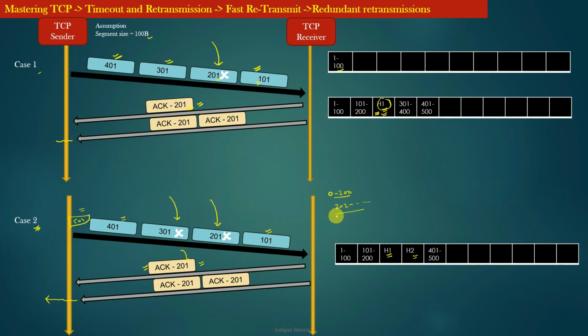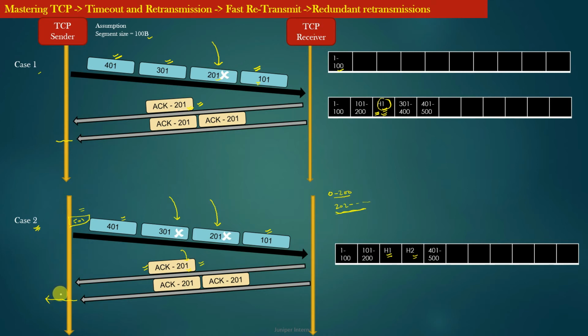Of course, because the TCP sender is receiving ACK 201, it can certainly say that the byte with sequence number 201 has not been delivered to the TCP receiver. But the TCP sender does not know the status of bytes with sequence number from 202 and onwards, right? You can see in case 1 and in case 2, in both scenarios, the TCP sender is receiving a similar